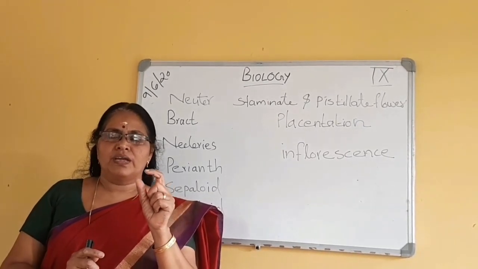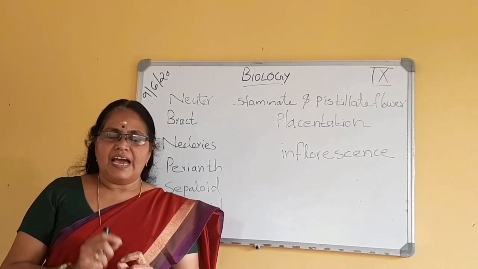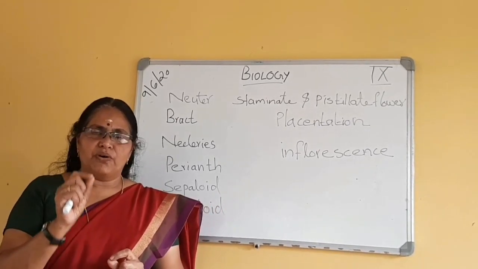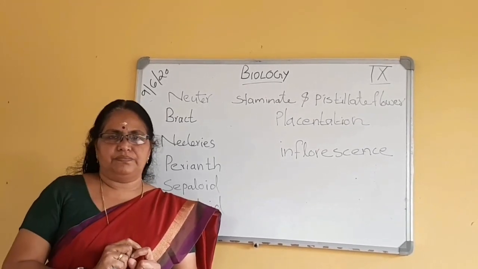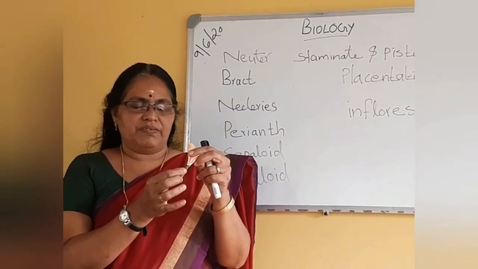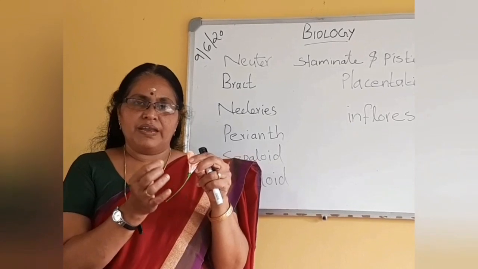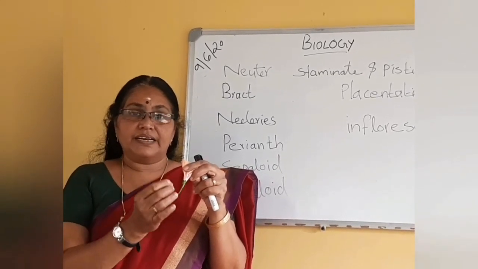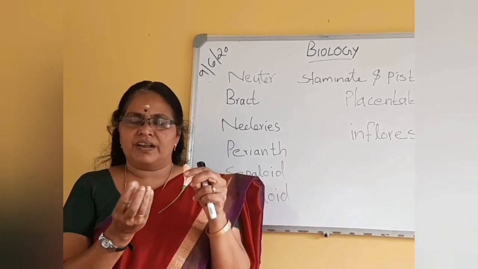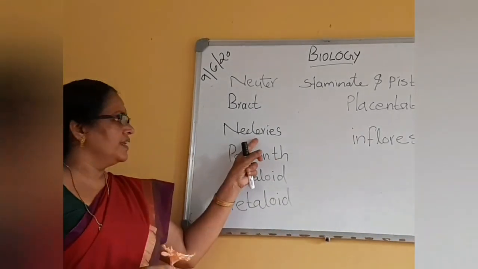Sometimes we may confuse that these bracts are colorful, so it looks like a flower. Actually, the flowers of Bougainvillea are very, very small. When you observe the flower, at the base of the corolla, you can see some nectar. The nectar producing cells in the flower are called nectaries.